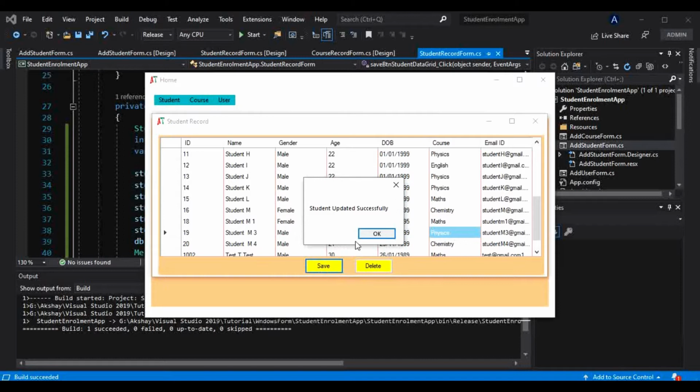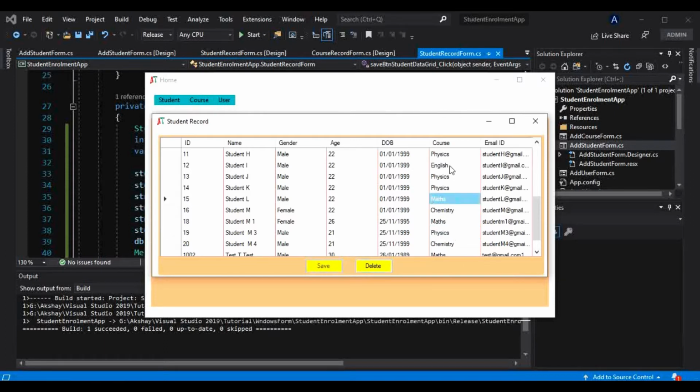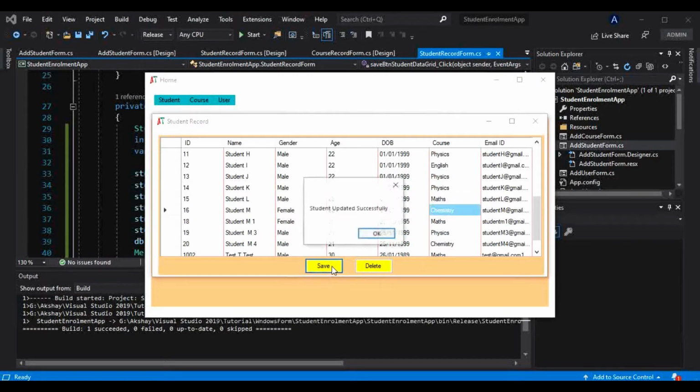So you will see student updated successfully. And you will also see, as soon as we do that, that the save button is disabled again, because there is no point keeping that button enabled if we are not in an edit mode. But as soon as we go in the edit mode, that save button is enabled again, and as soon as you save, it is disabled again. But you will notice one thing: what if we go to this edit mode, but without changing anything or saving, we come out of this, and the save button is still enabled.